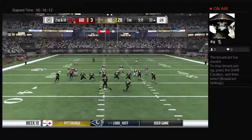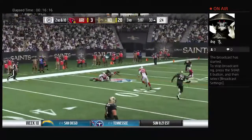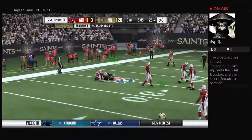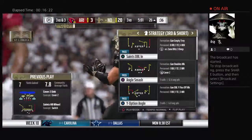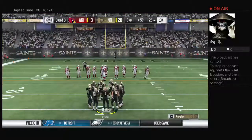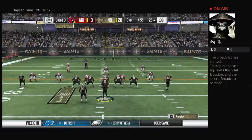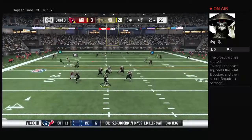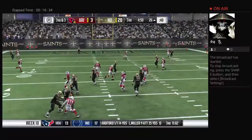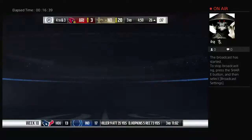Come on, let's go. Back to throw again. Looking again for Thomas, this time complete. The reception good for 7. It's third down. Partner, nothing complicated here. This is just a pretty simple drag route. You're exactly right, Brandon. Instead of throwing it downfield, they just throw it underneath and let the receiver do the work. On third and short, they'll try and pick it up through the air. Oh, they would have gotten the conversion if he could hold on. Instead, the drop means...